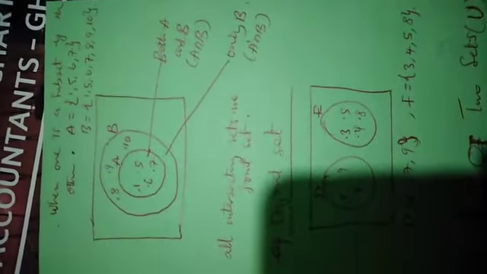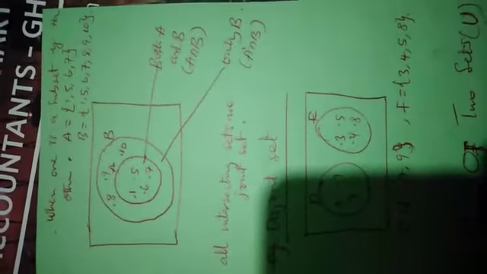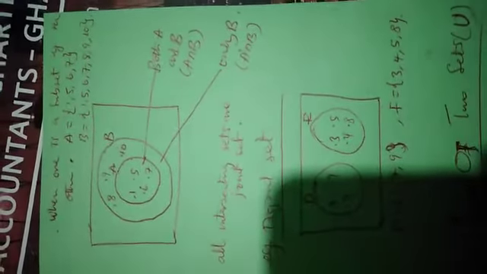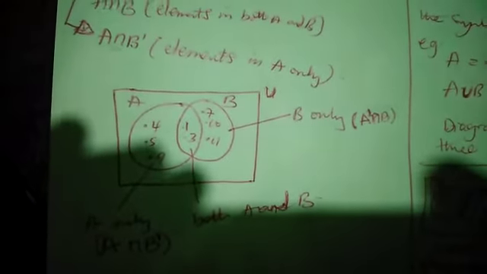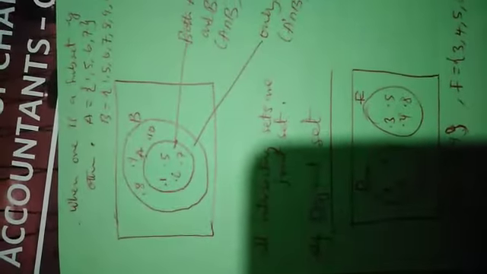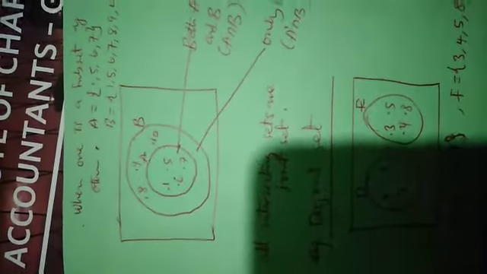Also, let's check from here. When one of the sets is a subset of the other, then this is how the diagram will be shown. For the one that we just did, one was not a subset of the other, hence we had the two onlys. But over here, we can only get one only, because A is a subset of B.